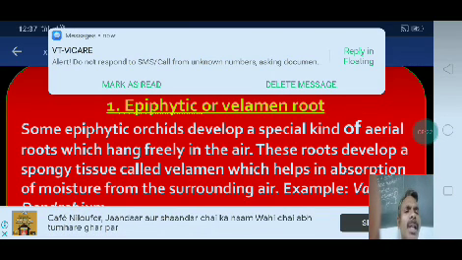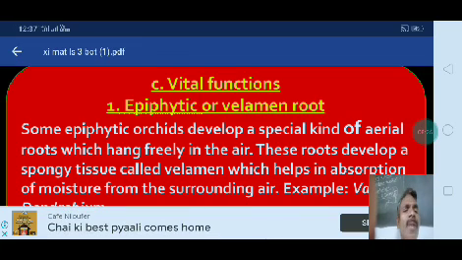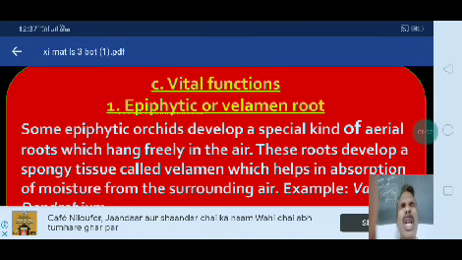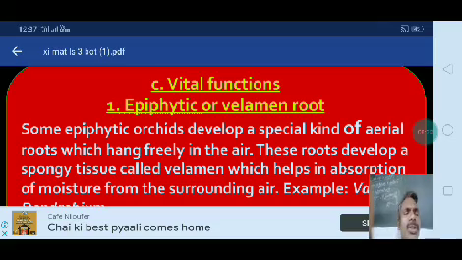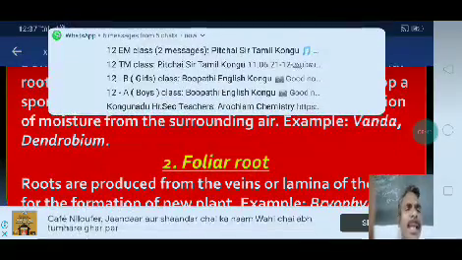That is epiphytic or velamen root. Some epiphytic orchids develop a special kind of aerial roots which hang freely in the air. These roots are developed from a spongy tissue called velamen tissue. A sponge-like tissue which helps in absorption of moisture from the surrounding air. Example,